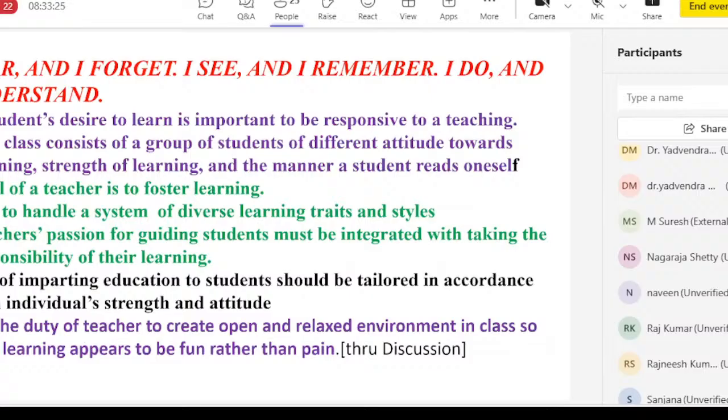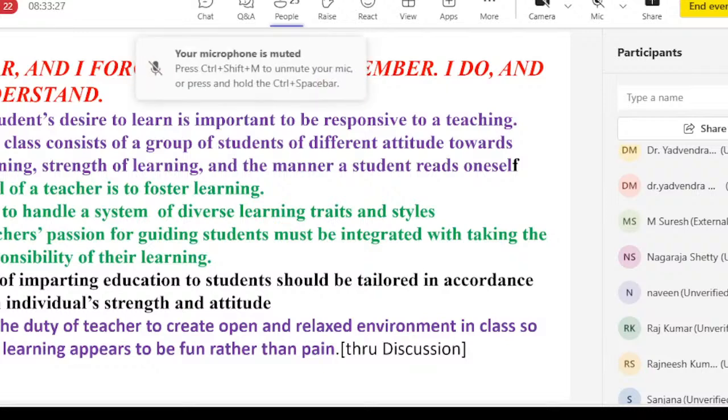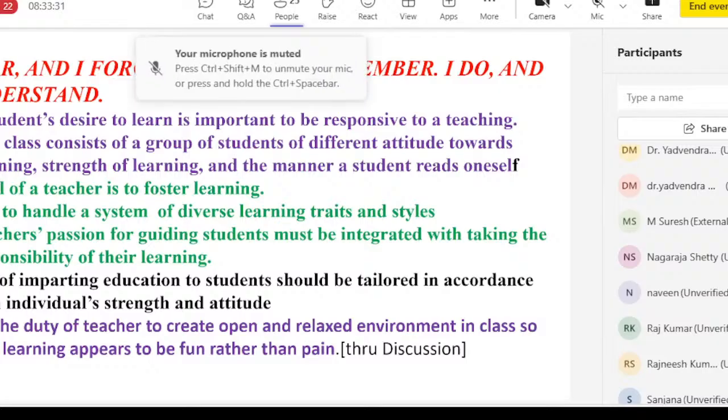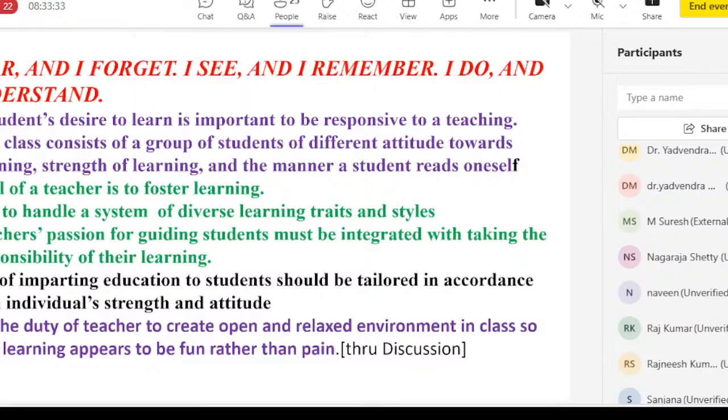I hear and I forget. I see and I remember. I do and I understand. So this is a philosophy. Now, it's very important, as I said, that a student's desire to learn is important and to be responsive to